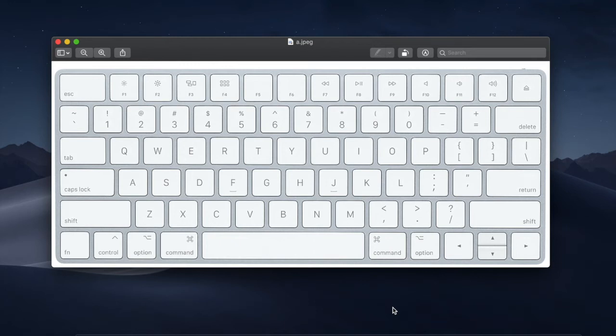Hi folks, today we're going to show you 20 of the most amazing Mac operating system keyboard shortcuts. I personally use the keyboard shortcuts a lot to make my life easier, and I have to let you know,